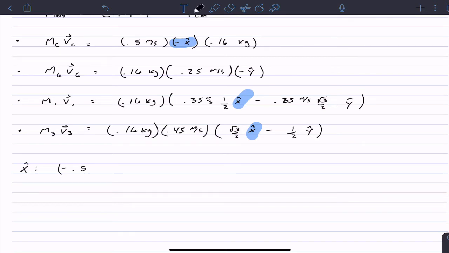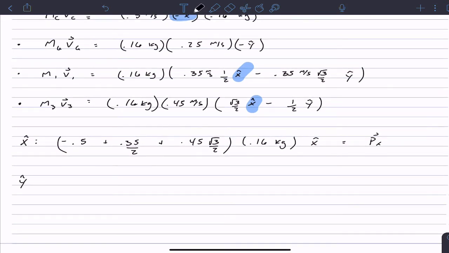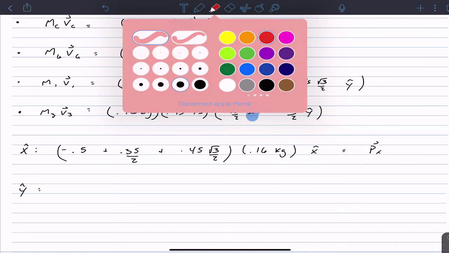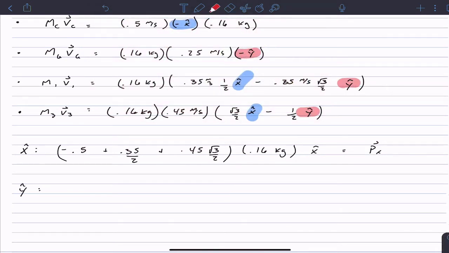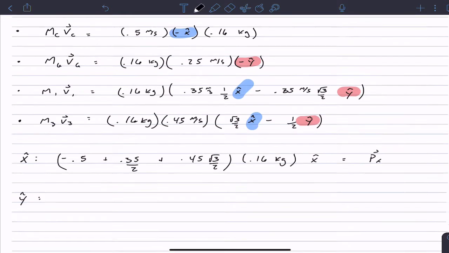So negative 0.5 times plus 0.35 over 2 plus 0.45 times square root of 3 over 2. This is all in the x direction, and we need to make sure we multiply it times the mass, right? So this is all x hat. We'll say that this is equal to the momentum in the x direction. Now, do the same thing for y. I'm not sure if this is totally necessary, but why not? Okay, so now we have